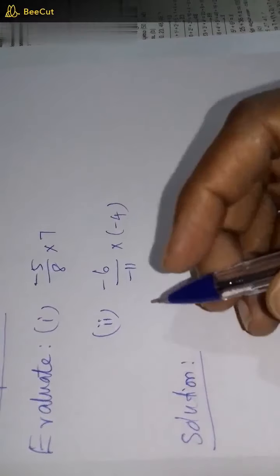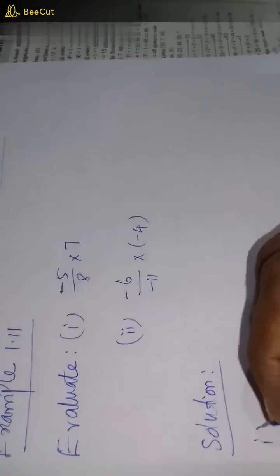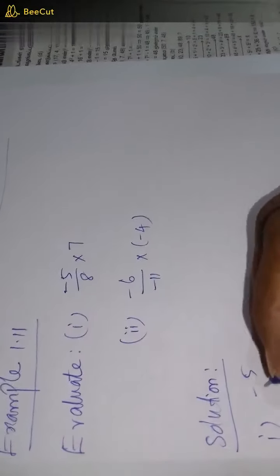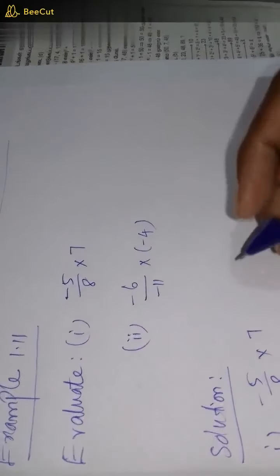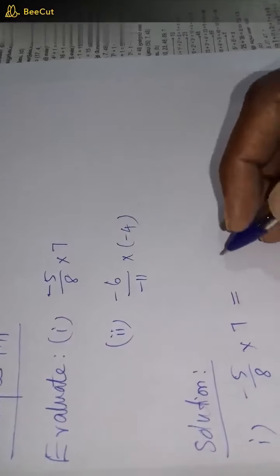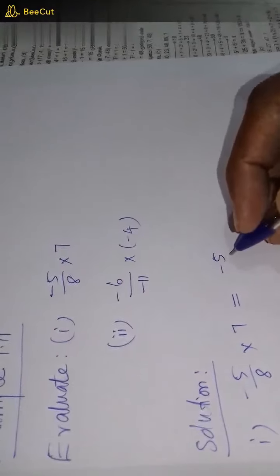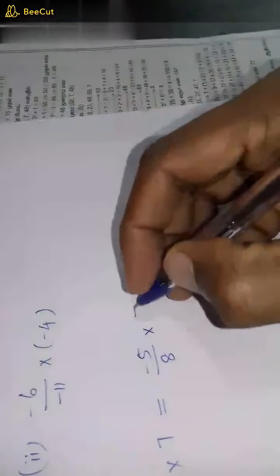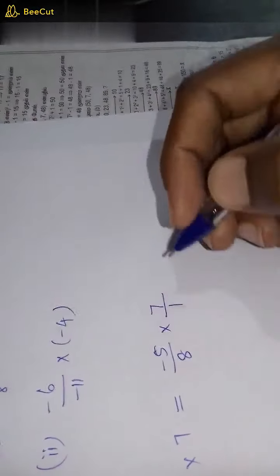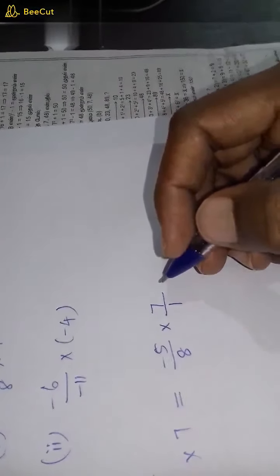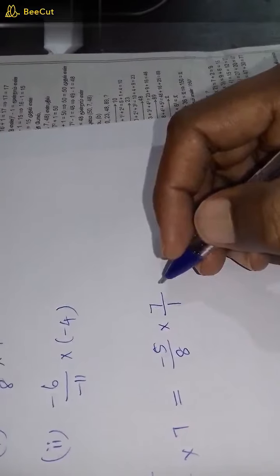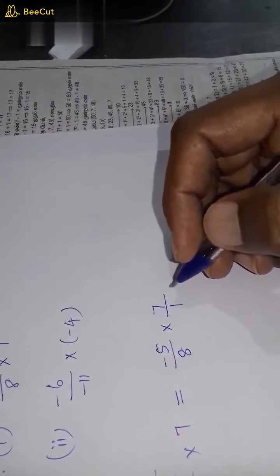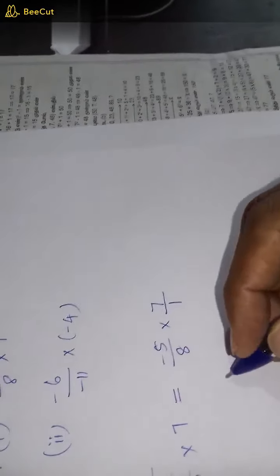Solution. See, the first part is minus 5 by 8 into 7. So my dear students, this can be written as minus 5 by 8 into 7 can be written as 7 by 1. Okay. 7 can be written as 7 by 1. That is equal to,